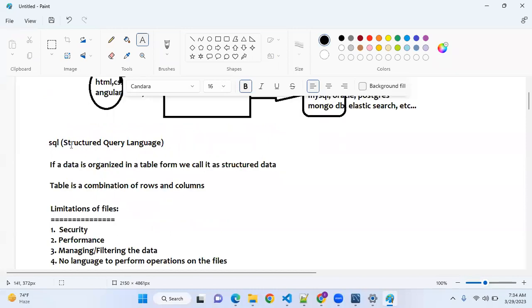SQL, which is called Structured Query Language, is a separate language using which we'll communicate with the database. Okay, SQL is not a database, guys. I'm repeating again, SQL is not a database. SQL is a language to connect to the database and do some operations on top of the database. The database is a separate system. It is a server or a separate instance where we can store the data. But SQL is a language using which we can operate on the data: we can add the data, delete the data, update the data, and do all kinds of operations. We are going to learn SQL as a language.